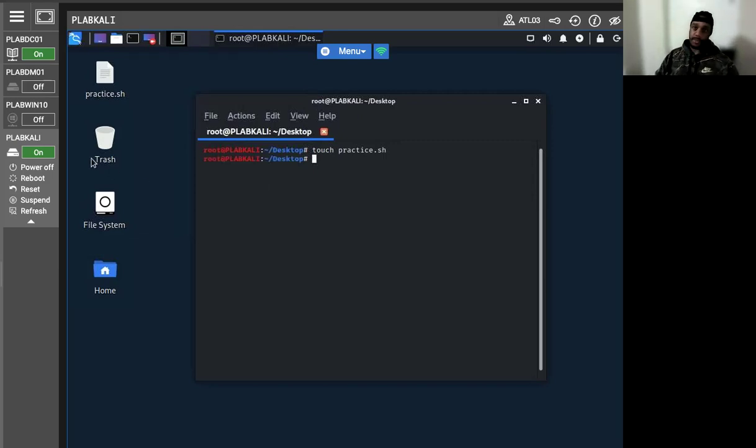So it's just using the touch command to create the file that's going to be used for the if-else script. So now we're just going to do this here. Again, another command I've used before. All right, perfect. So it just executed to change the file to an executable file. So now we're just going to do this, right,